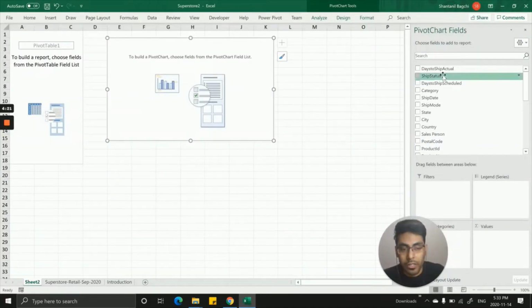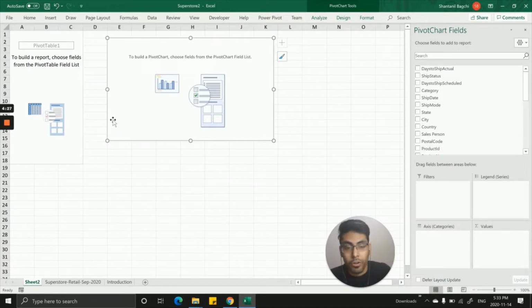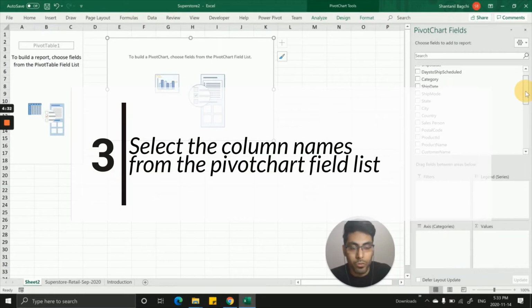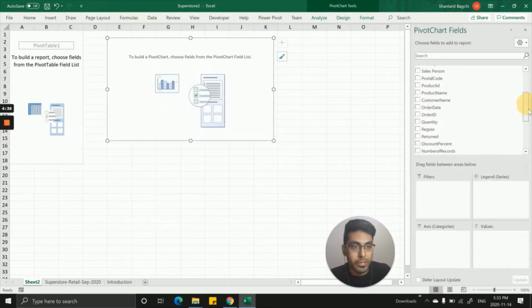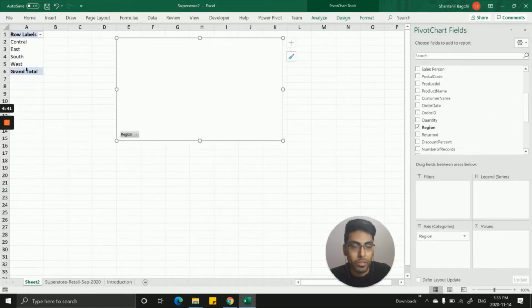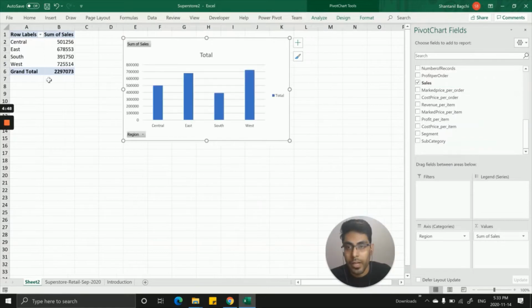Over here you have all the column names that were there in your original dataset, which you can use in order to create or populate your first pivot chart. I will show you an example. For example, what I want to find out is the regional profit and sales. So we can click on the region over here and put it in the rows. See, the region is already populated. The next thing that we are going to do is to put the sales value over here, and it's automatically populated with the sales, and the chart has also been created along with it.